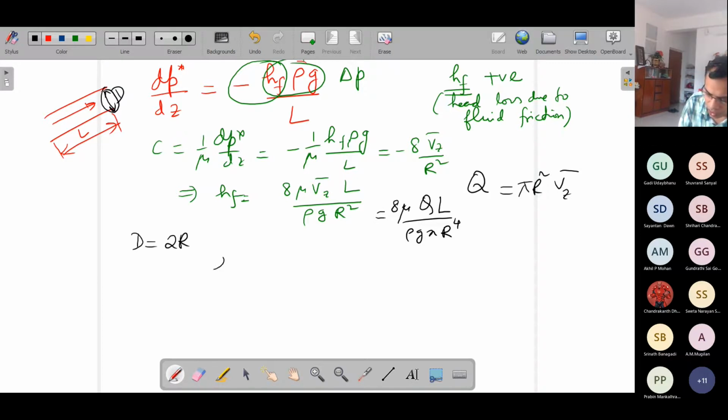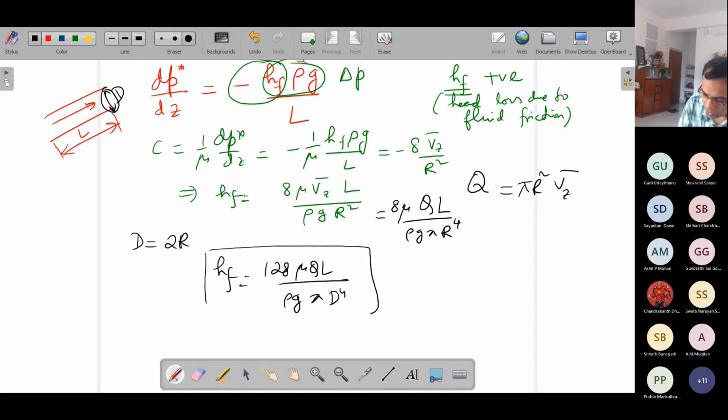to 2 radius. So in HF, instead of R, if you write D by 2, it will be 2 to the power 4, that is 16, into 8. It will become 128 mu QL by rho G pi d to the power 4. So this is the famous Hagen-Poiseuille's equation, or law, whatever you call it, valid for fully developed flow through a